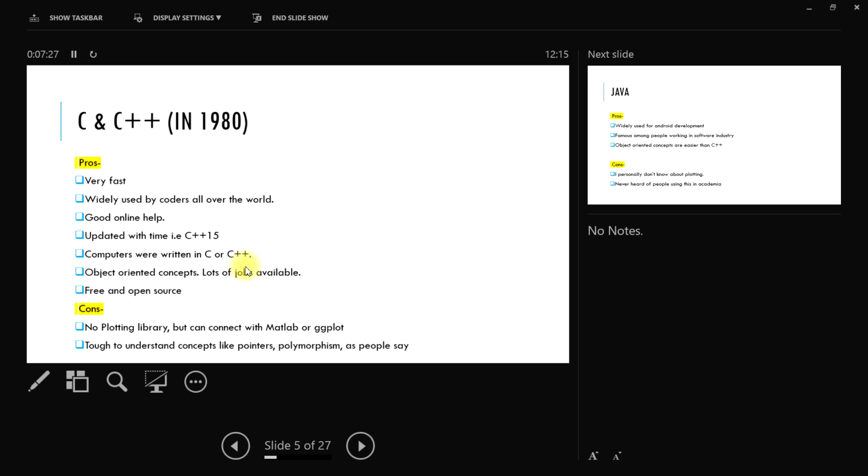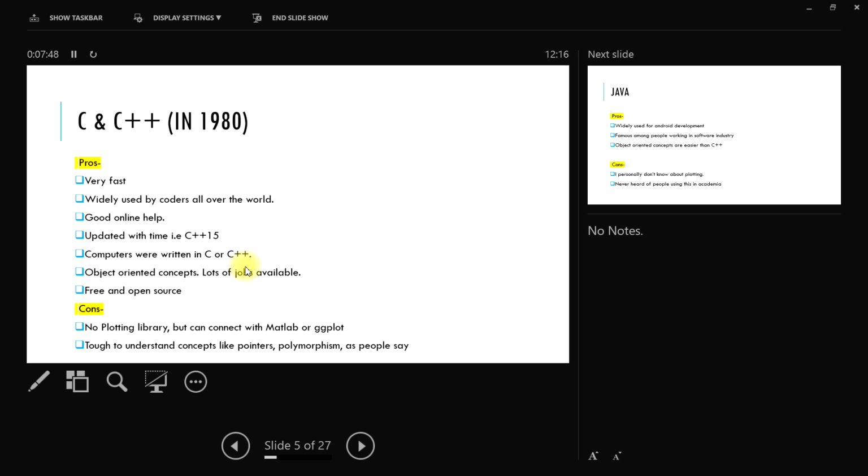It's one of the good fundas to use, but there is a steep curve to learn it. It takes some time. Frankly, people say it's very tough to learn this object-oriented concept in C++. But once you learn it, I guess you will be happy.